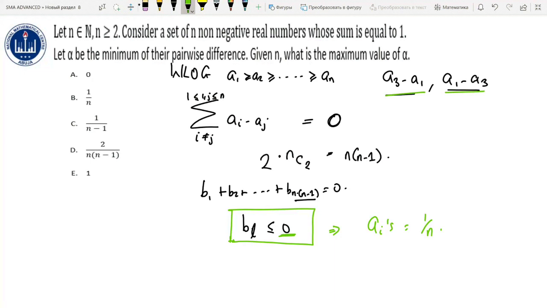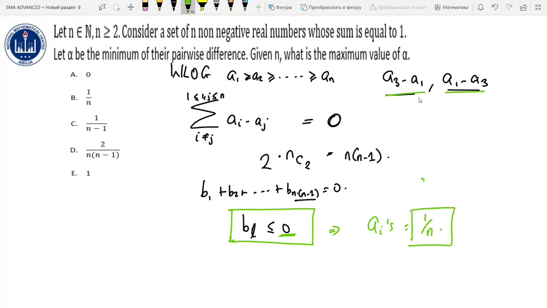And the reason why I did this, I wanted to make sure all of them are equal. And there are n numbers and all of them are equal and their sum is 1. So that's why I chose this. Because n of them are to be equal to make their difference 0. And their sum is 1. So each of them has to be this. Yeah. So that's how to do the question if we are considering these two things to be different.